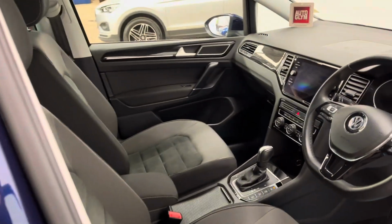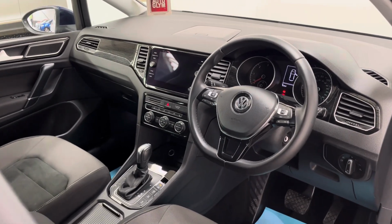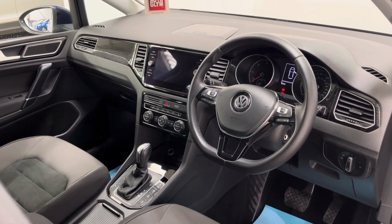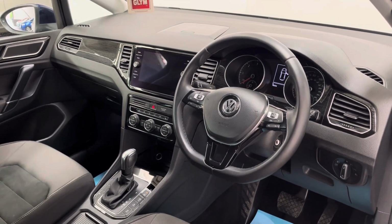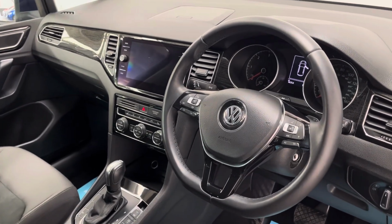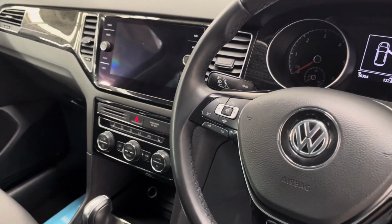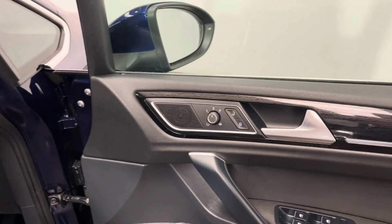And then onto the dashboard, you have your multimedia screen there in the centre for your Apple Carplay, satellite navigation, DAB radio and Bluetooth. And then a few other features I can mention. The car also has heated front seats, climate control, as well as automatic headlights and wipers, cruise control there on the left hand side of the steering wheel, and on the driver's door card you have your electric folding mirror